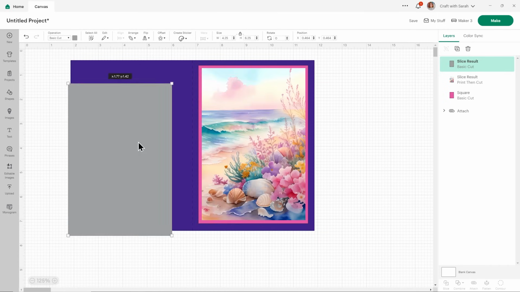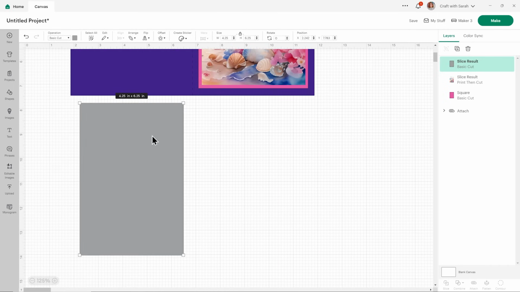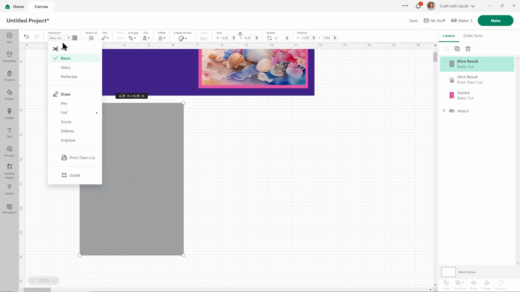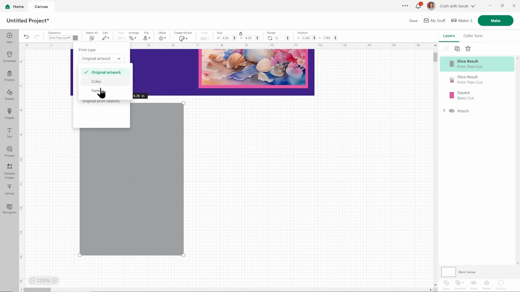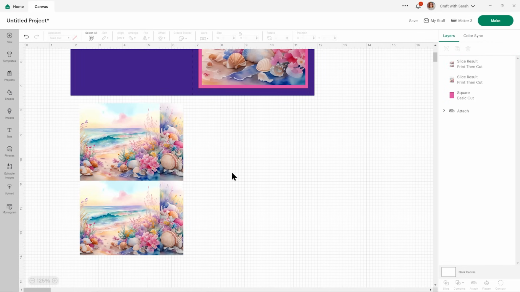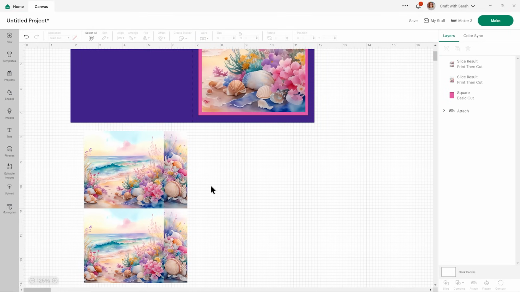and I'll make another rectangle the same size. All right, so this time I'll fill it in using that pattern fill just to show how it doesn't work quite as well for non-repeating images. So I'll change it to print and cut and then change it to a pattern. Choose that new pattern. And it's going to try and tile this even though the image isn't set up for tiling. So you can see what it's done. It's got the image there.